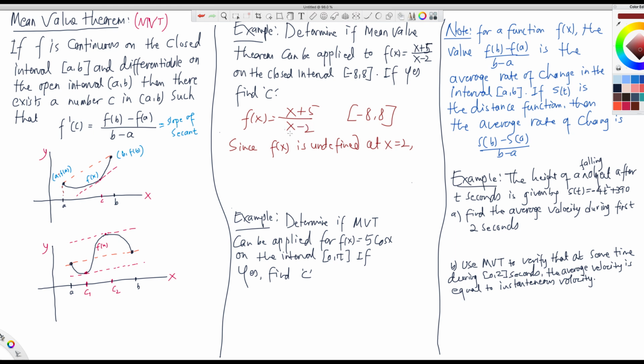For x equals 2, there will be 0 in the denominator. That means it is infinity. The overall fraction will be infinity, right? So f of x is not continuous at x equals 2, but the mean value theorem says that it must be continuous at all points between a and b. So hence the mean value theorem, which we denote by MVT, is not applicable